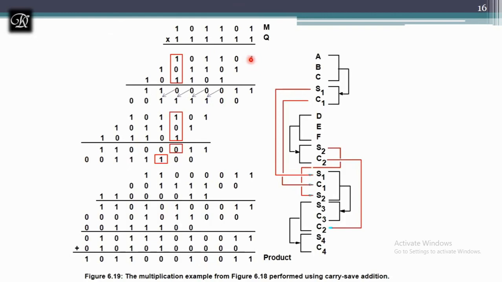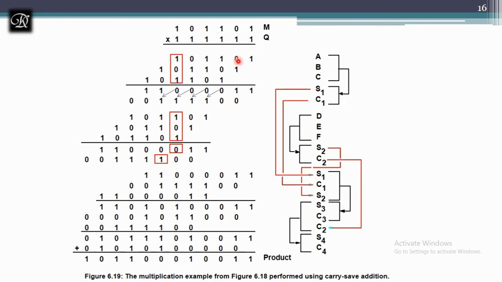See this, what we are doing over here, I have taken A, B, C from the partial products, the first 3 partial products. As it is said, we will be finding the sum of these. So first the sum and carry of this. So 1 is written as it is. Is there any carry? No carry from this. So carry always goes to the next stage. That's why I have written carry in the next stage. The carry from this addition is 0 and sum is 1.